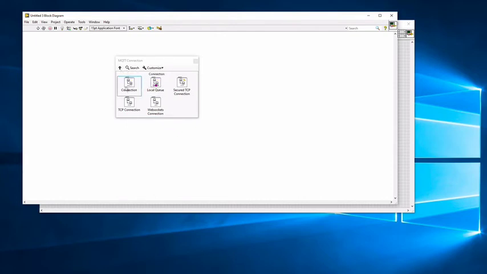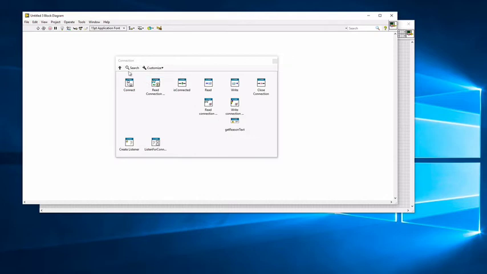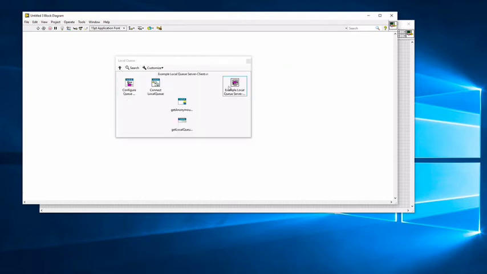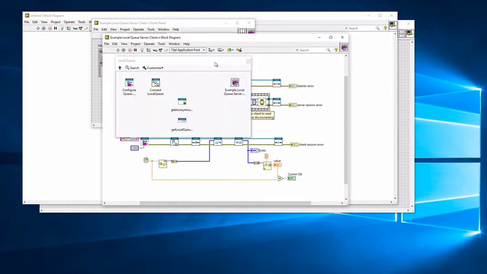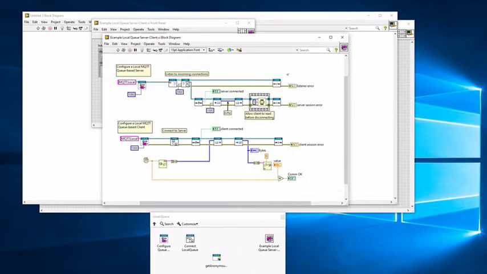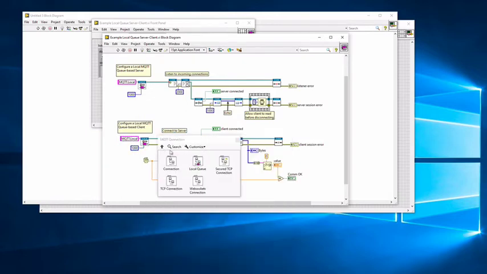These connections are not specific to MQTT, although you find them in the MQTT connection. But you do have an API that allows you to simulate a server and client architecture directly in an abstracted way. So this code here is completely reusable, and you only change the configuration based on the type of